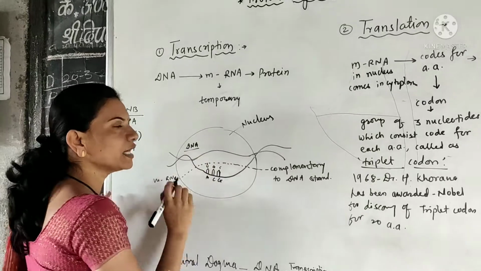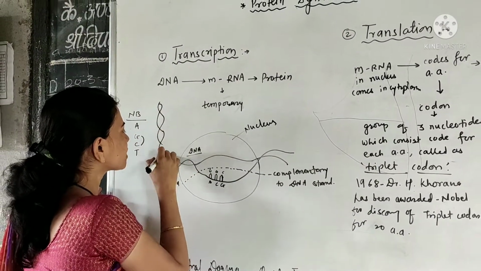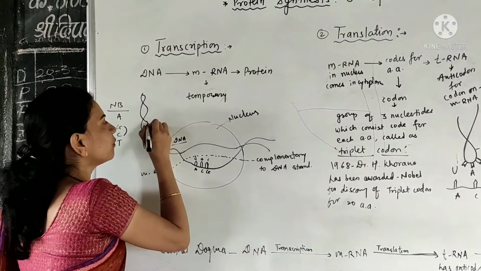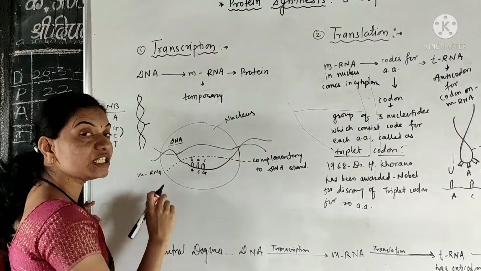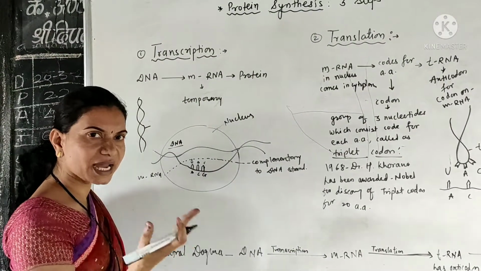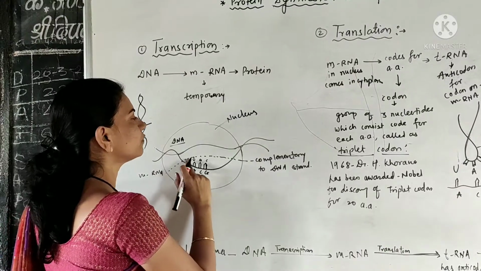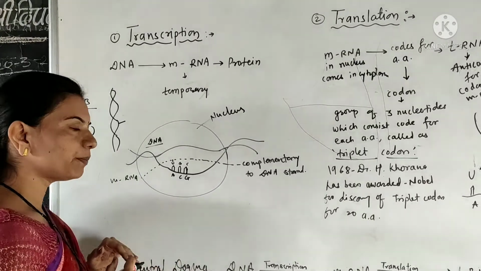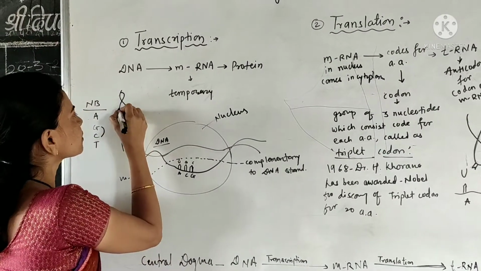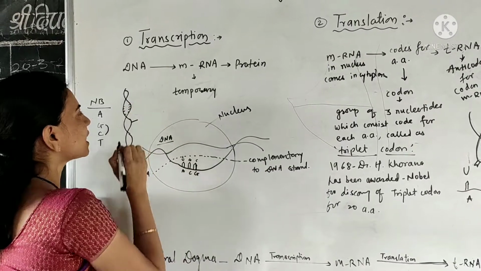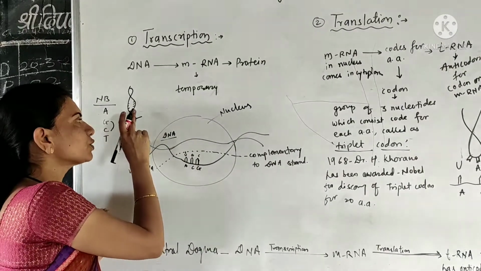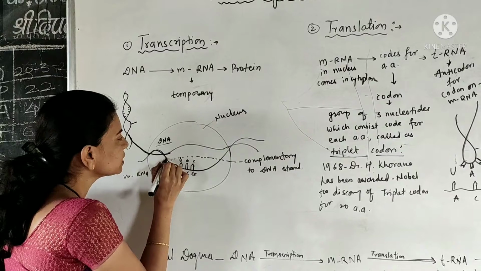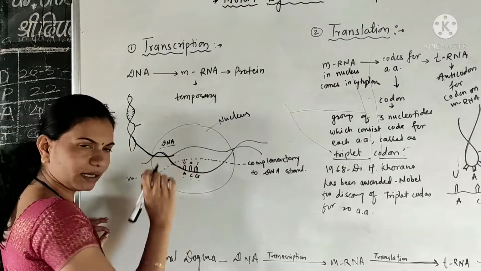You know, DNA is a double helical structure. You studied the structure of DNA. Means there are 2 strands of this DNA. From these 2 strands, only one strand is used in this transcription process. Why is it used? It is used for the formation of this complementary strand of mRNA. On this DNA structure, all these nitrogenous bases are sequentially arranged. From these 2 strands, only one strand is used, and on this one strand, the different nucleotides are arranged.